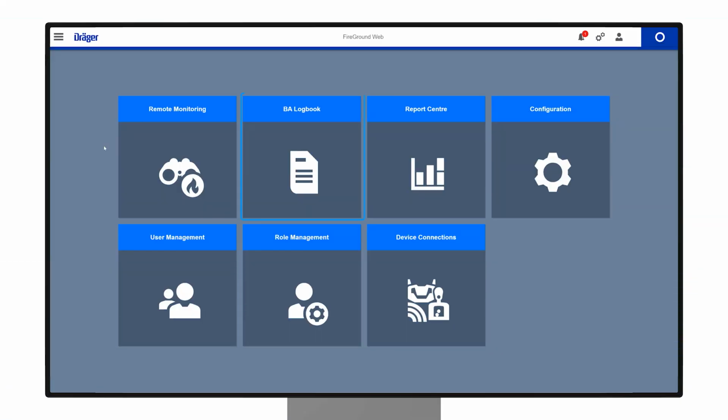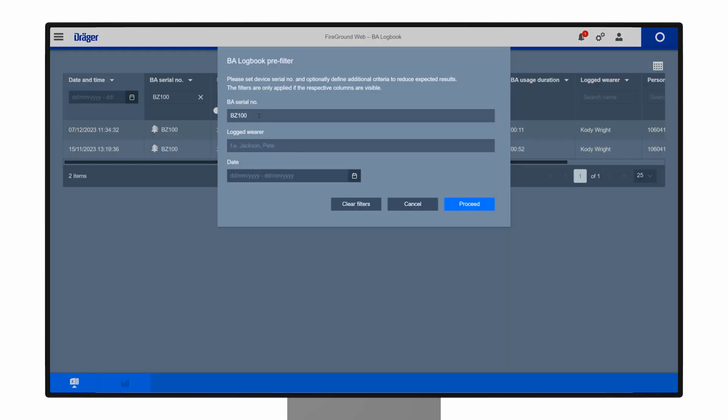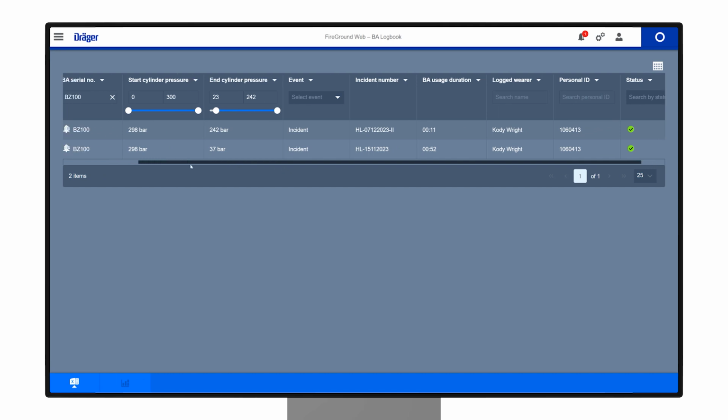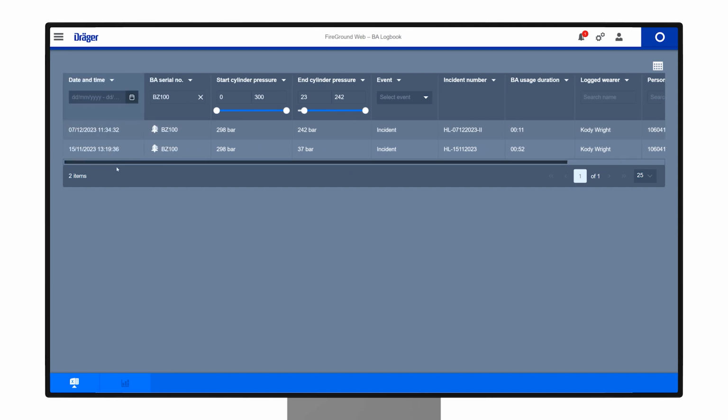The BA Logbook offers a complete usage history for each SCBA, providing a clear overview of its usage. Accessible from the main menu, you can input a specific SCBA serial number or click Proceed to view all entries for your fire service. The overview table that subsequently appears lists the date and time of wear, incident number, the